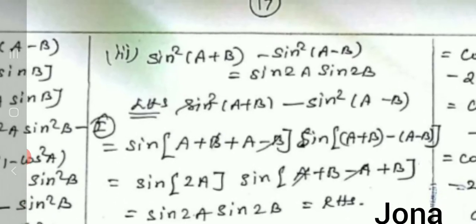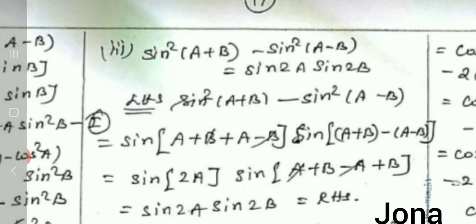The next one we have: sin square of a plus b minus sin square of a minus b equal to sin 2a into sin 2b. Now take the left hand side. That left hand side is sin square of a plus b,